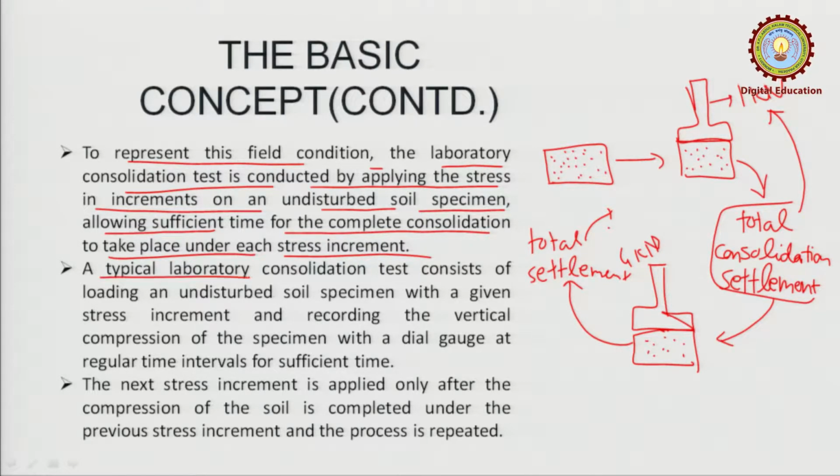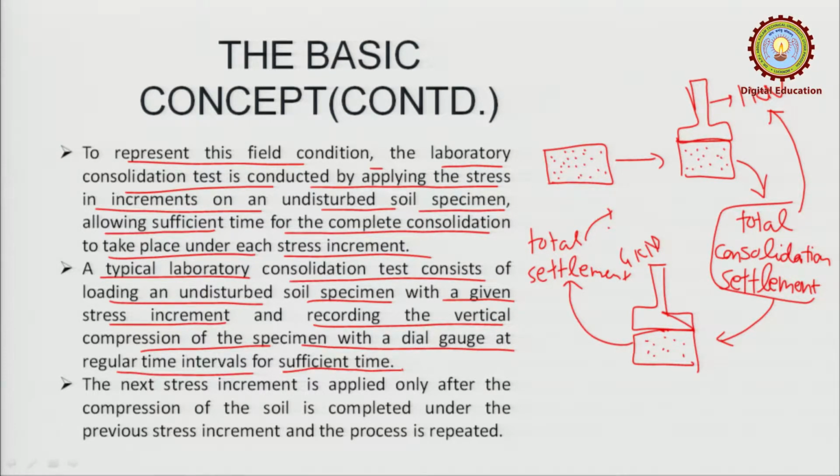A typical laboratory consolidation test consists of loading an undisturbed soil specimen with a given stress increment and recording the vertical compression of the specimen with a dial gauge at regular time intervals for sufficient time. The same thing is again told here, that we will be applying a dial gauge here somewhere. Suppose you can keep a dial gauge here only, something like this, okay. This is the dial gauge, it will have markings. This will be here. So, it will show how much settlement is going to happen in due course